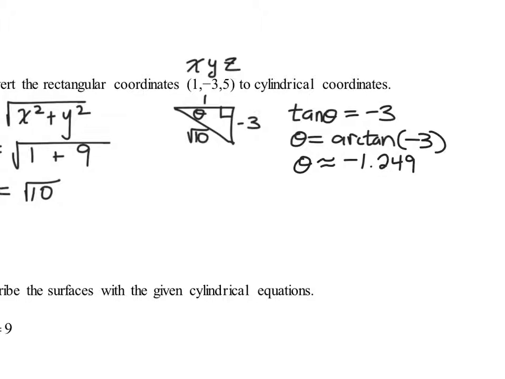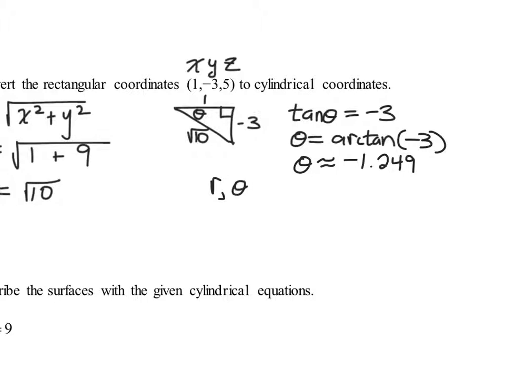And that's radians. Negative 3 is not a clean ratio. It's not a ratio that you would find in the unit circle. So I'm not worried about trying to find this in terms of pi. If that were a radical 3, that would be a different story, but that's not the case. All right, so my final answer here is always going to be in the form, when we're going to cylindrical